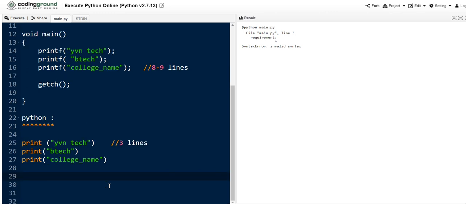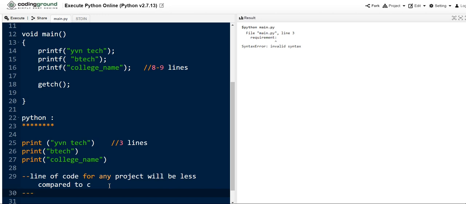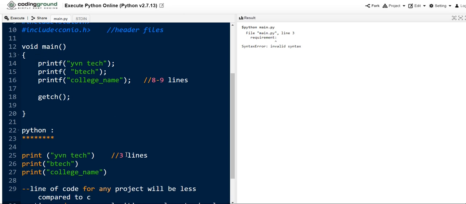The line of code for any project will be less compared to C, and also time and space complexities are less to develop a project. If you are developing any project using Python, we can develop it in a very small number of days compared to the C language.